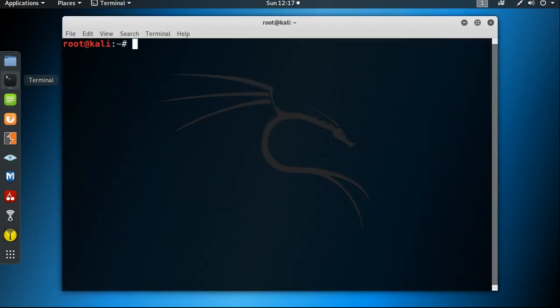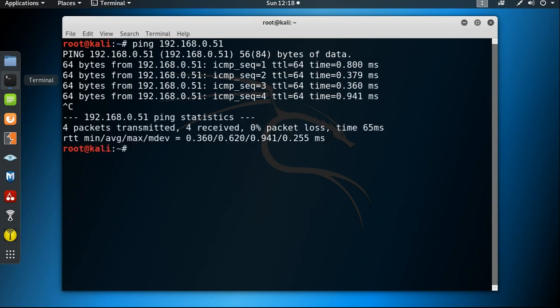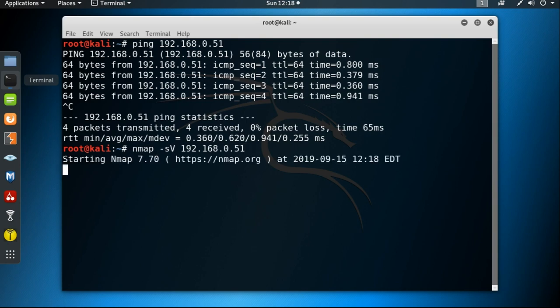Now suppose our target is 192.168.0.51. Let's use the tool Nmap to find out which services are running on that particular system. Let's wait for the result.